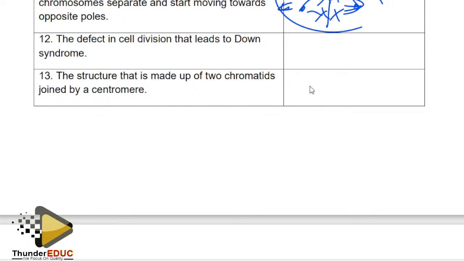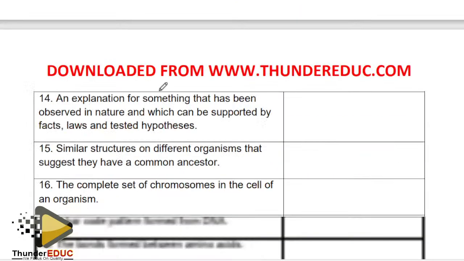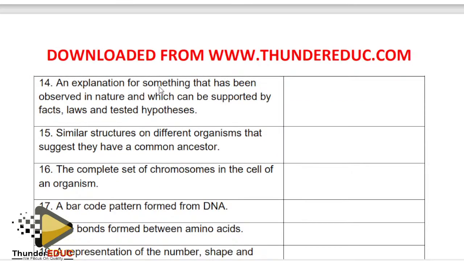So it means a structure made up of two chromatids. These are two chromatids joined by the centromere. How do you call this? It is a chromosome. Then they are saying an explanation of something that has been observed